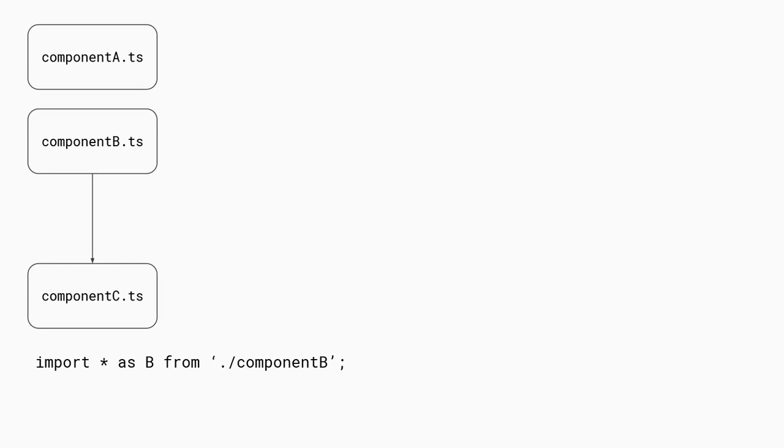And one final thing about how we do TypeScript compilation with Bazel. So this is an example where we have component A, component B. Maybe they don't depend on each other. We just have those two. Component C depends on B, so it imports B. At some point, you have too much TypeScript. Right now, you can feed all the TypeScript through one run of the TypeScript compiler. It's all fine. At some point, you have thousands of files of TypeScript. You cannot do a single run of the TypeScript compiler. So what can you do if you reach that?